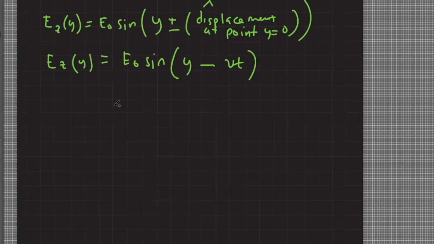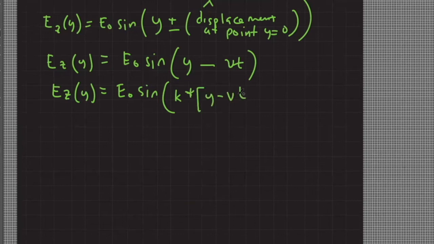So I now have E sub z of y equals E sub 0 times sine. I'll multiply the entire term with k so that I can convert this spatial argument in terms of angular argument, k times (y minus vt). So I'll try to distribute this. I'll have E sub 0 sine ky minus